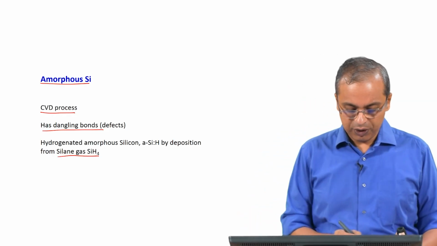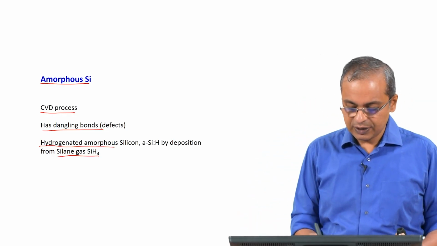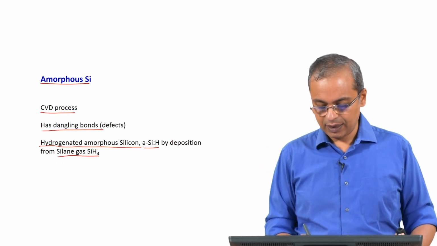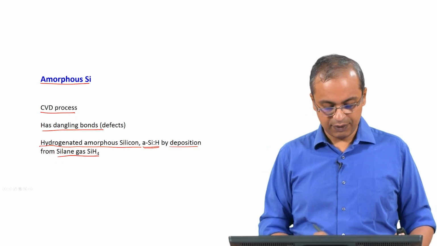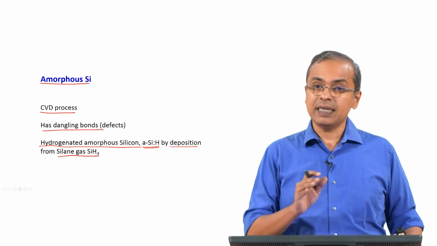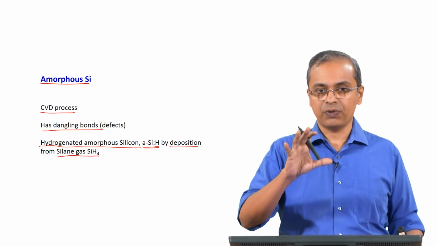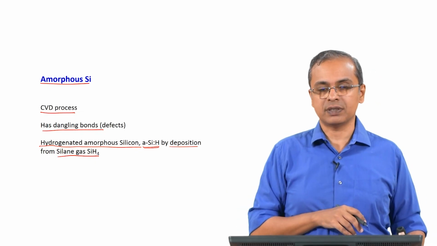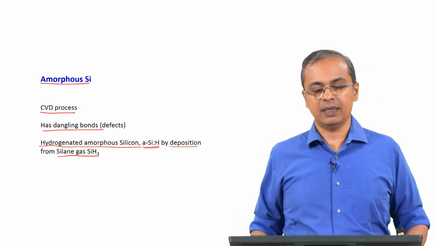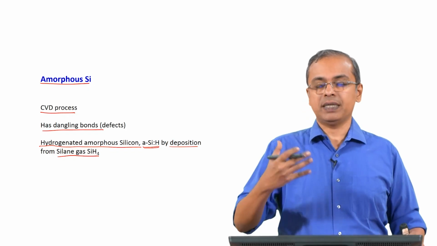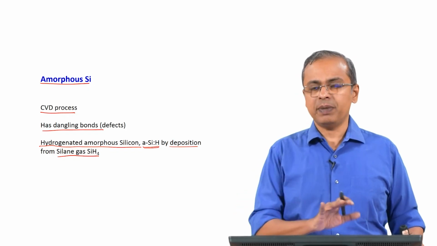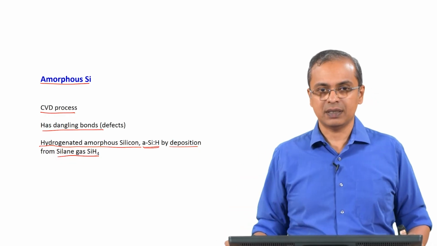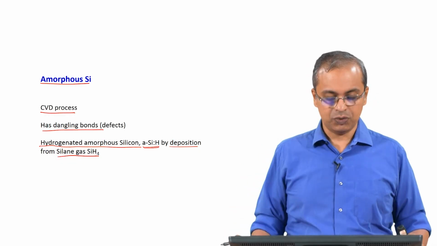Then they have figured out that if you make hydrogenated amorphous silicon, which is given by the notation a-Si:H, by deposition from silane gas, then that hydrogen seems to do a good job of controlling these dangling bonds, and that is a much better material to use as amorphous silicon, and you can utilize it with much better capabilities. Okay. So, that is the basic idea. You take this vapor and then it condenses. When it condenses, it forms this amorphous material, and that material can be used,